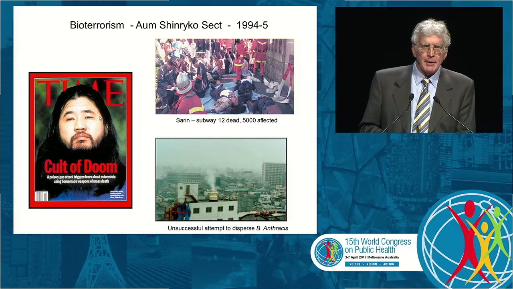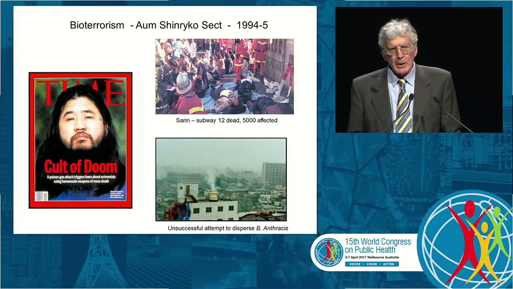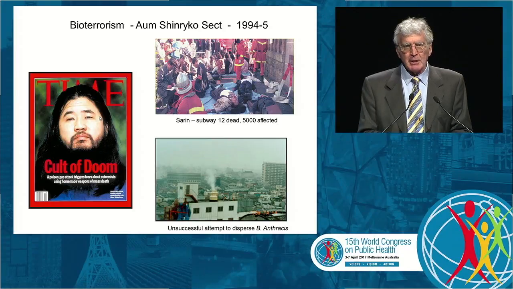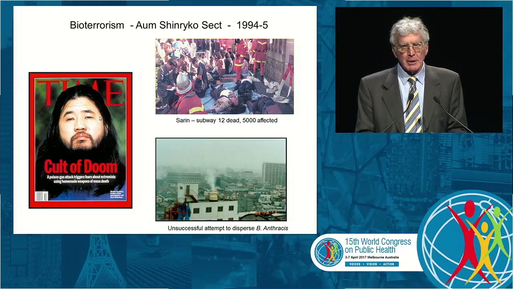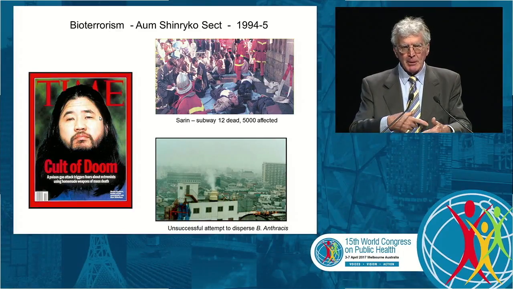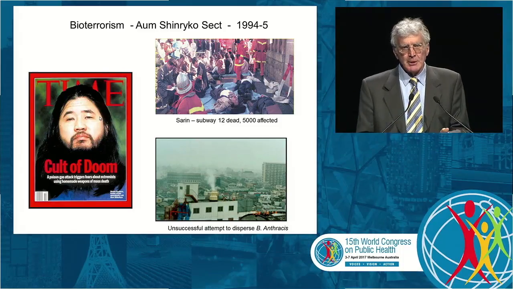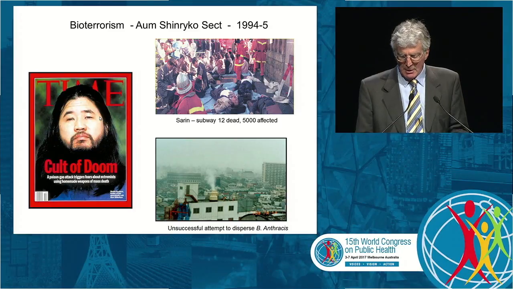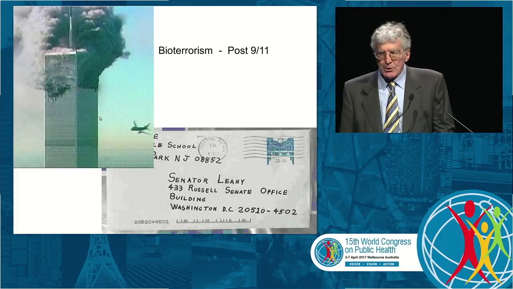Fortunately, they failed miserably on that one. They used a very weak anthrax strain for a start. What they produced was very impure, and they couldn't aerosolise it. So basically, the liquid slurry sort of flowed down the side of the building and caused a terrible smell, as you might expect. And the complaint from neighbours was from the smell, not from the fact that there was a pathogen being released. A very lucky escape from those nearby. Had it been done properly, it would have been a disaster. And of course, as we all know,